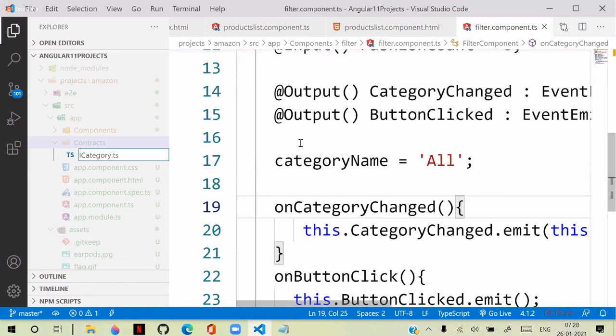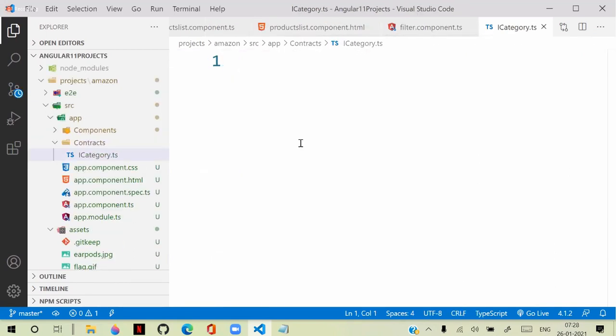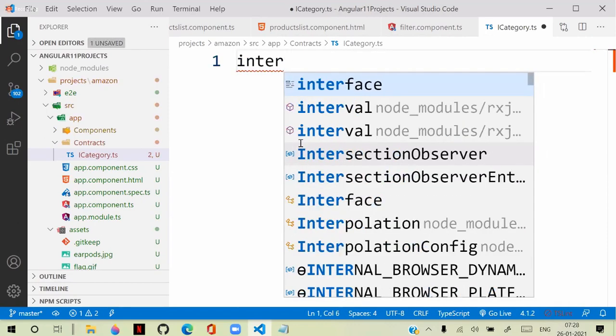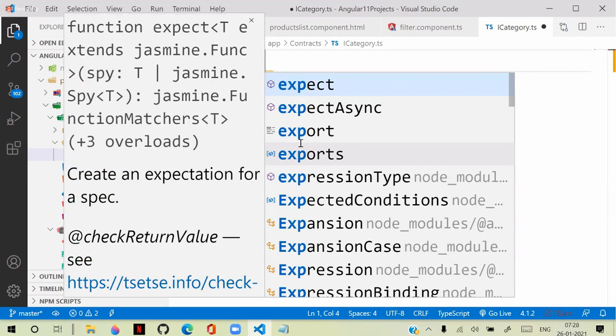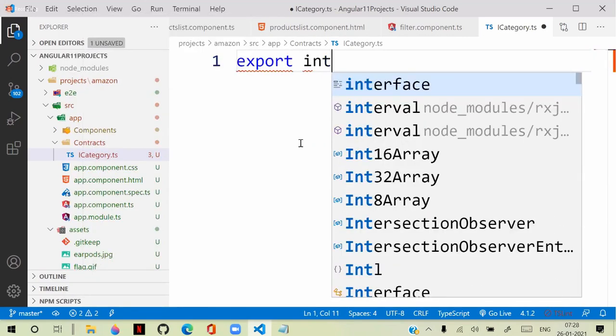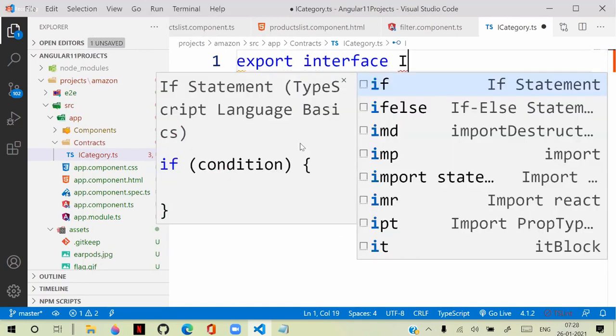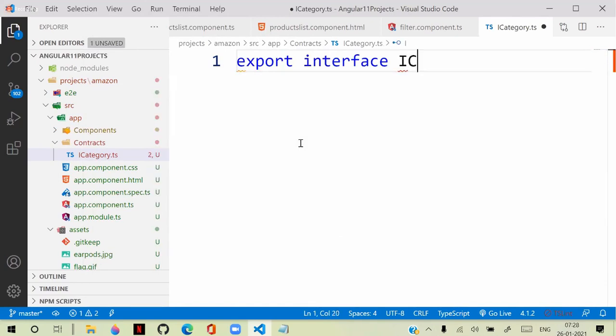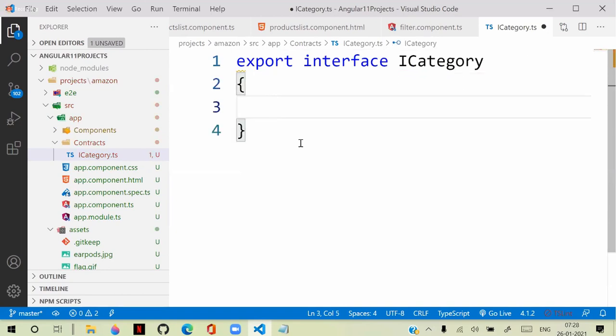icategory.ts, that is the contract. And this is an interface, so we have to use export. Why? Because we need to access this interface outside. I am defining it as ICategory. ICategory is an interface, and it is using